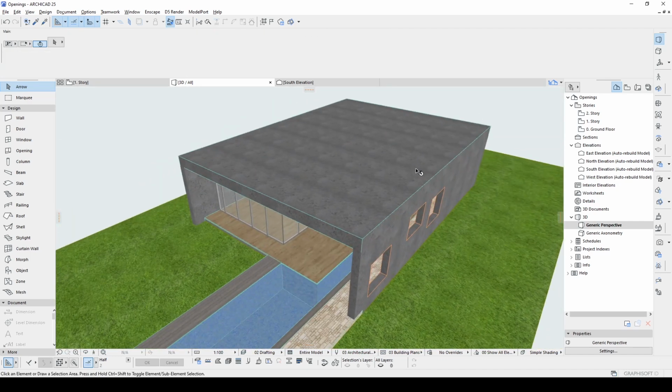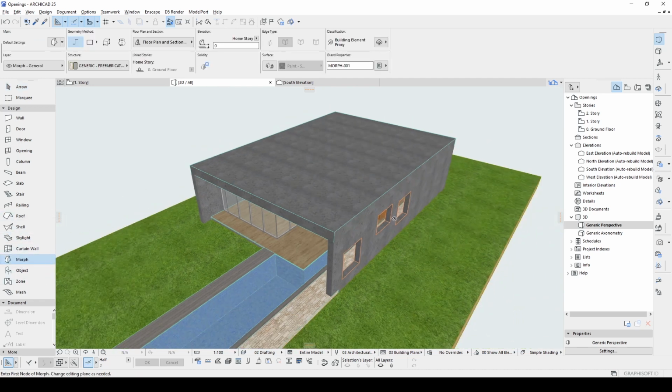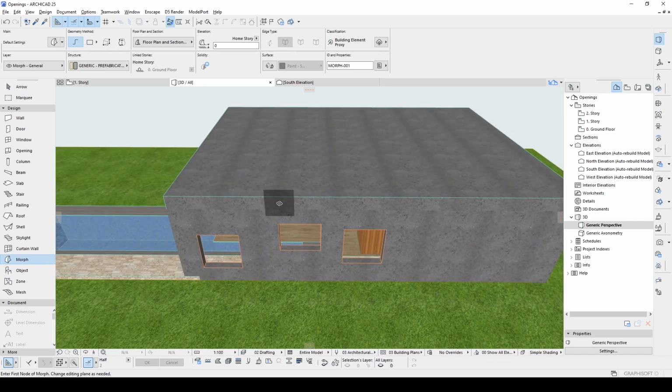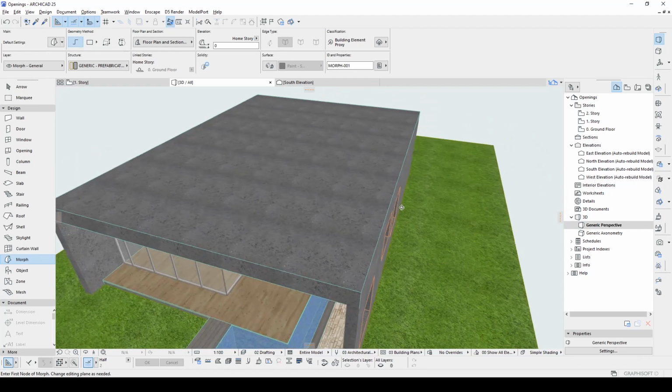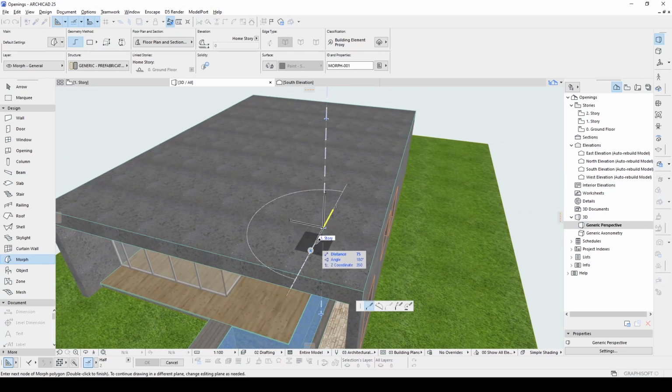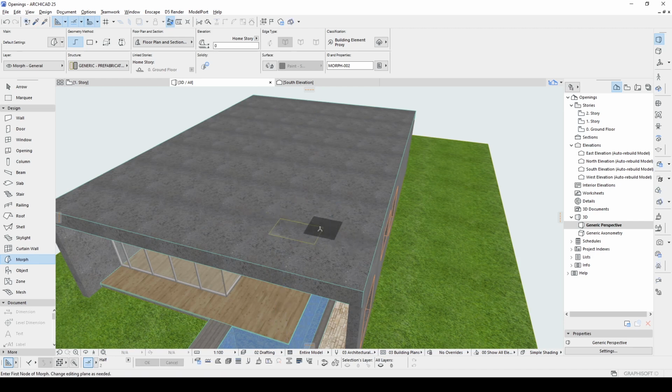Alright. The second method is we are going to use the morph tool to create some openings. First we click the morph, and we select the geometry method polygonal, or you can select any of them, it doesn't matter. And here I'm going to create a rectangular shape.